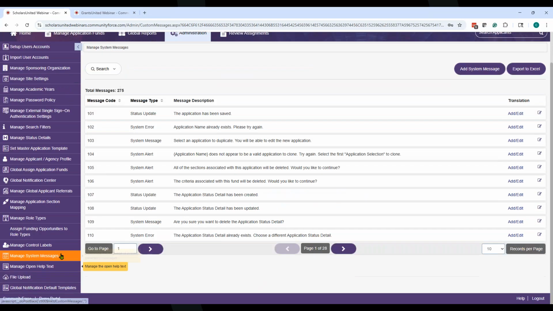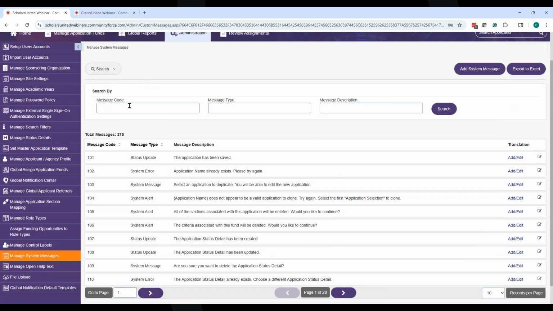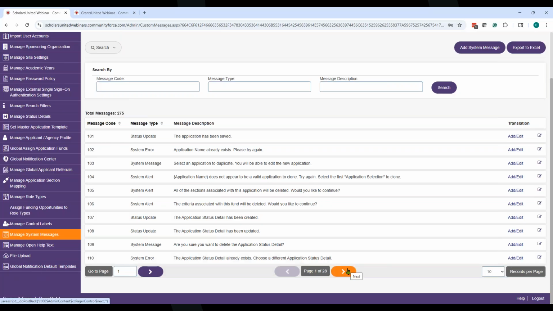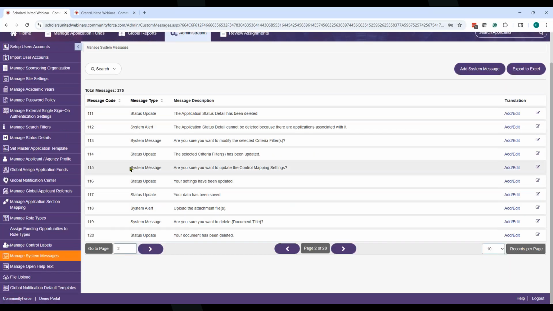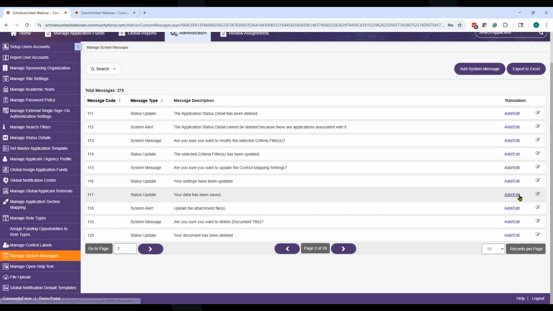And then under manage system messages, here's all those codes. So remember when those popped up, I kept a note of what the code was, 115 and 116. I can search for them by putting the code here, or I can scroll through the listing here and find them. There they are. There's the two that popped up. And then I can hit the edit if I want to edit it as well. I can either search for it and the edit will pop up for it, or I can come here and look for it also. So to edit it, of course, you just open it up